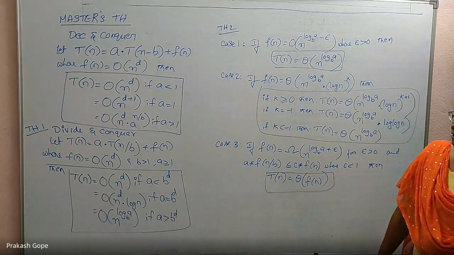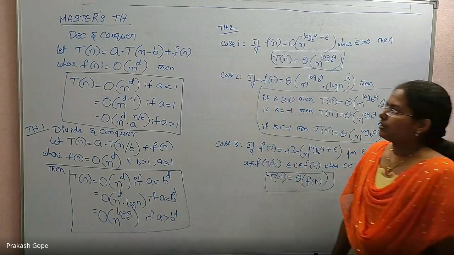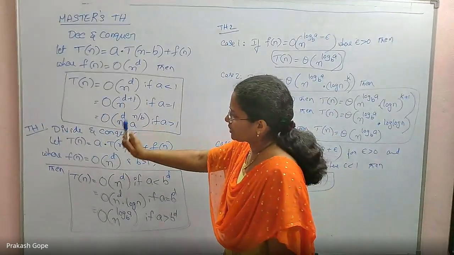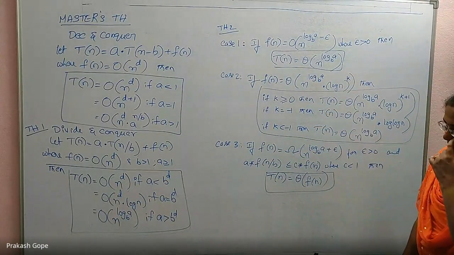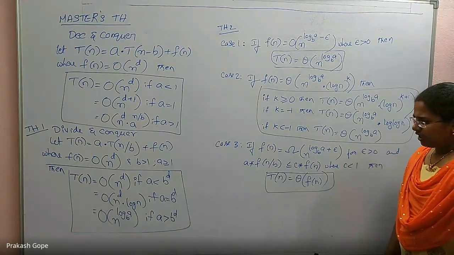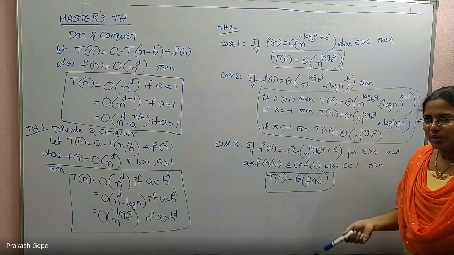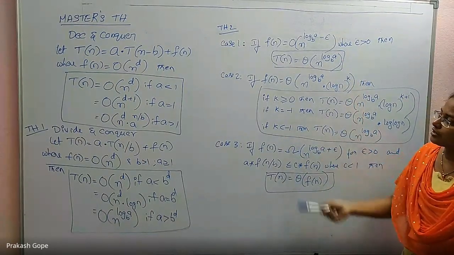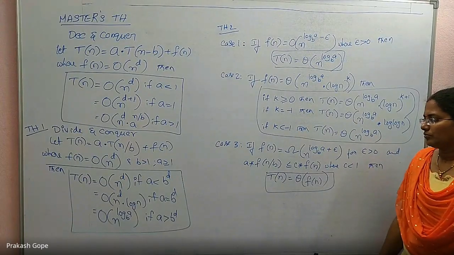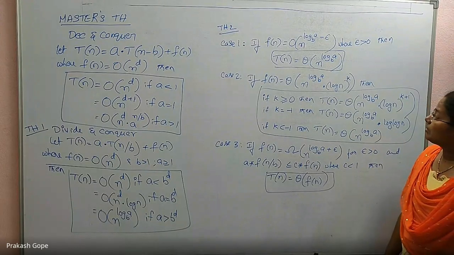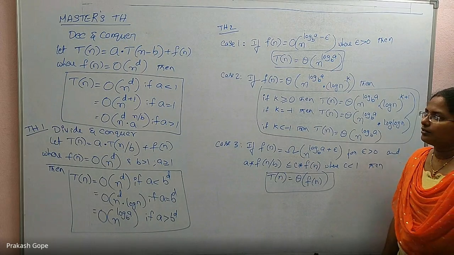You should learn theorem 1 and theorem 2 by heart, both the cases: decrease and conquer, and divide and conquer, theorem 1 and theorem 2. All of them. Up to 2015 or 16, they had not touched any question on this. But in recent years, I have seen 1 or 2 questions on theorem 2 also. Memorizing it may look a little scary, but when you are solving, it is not much difficult.